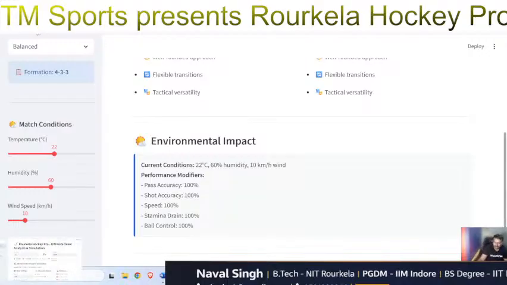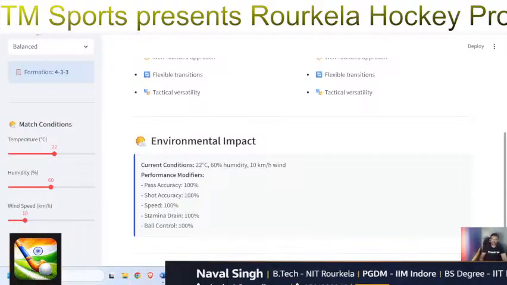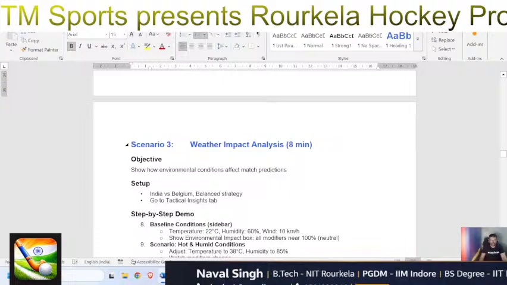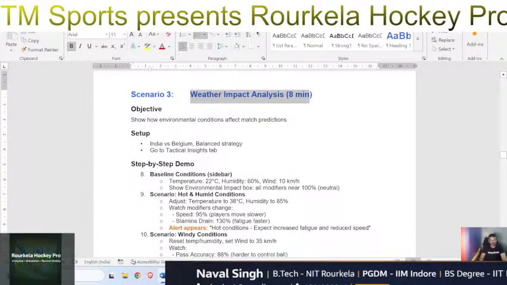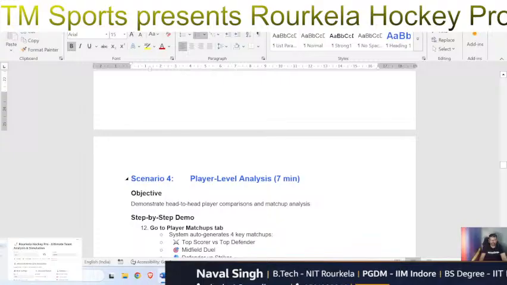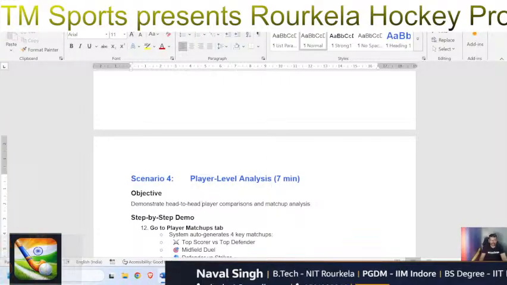So if you are preparing for a match in Rourkela in the month of May, it's 40 degrees Celsius and 80% humidity. The system tells you exactly how that will affect the player performance and match outcomes. So you can adjust your playing tactics accordingly, right? So that concludes our scenario 3, which is the weather impact analysis. And then we will go to scenario 4, which is player level analysis. Okay, let's go back here,